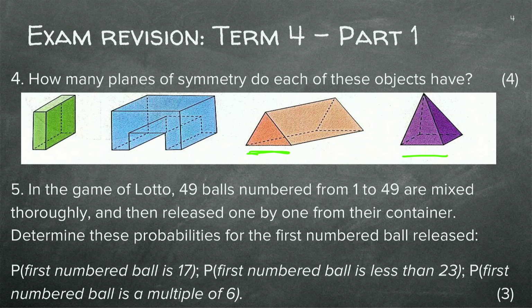Remember the planes of symmetry, right? So how many planes of symmetry do we have here? Remember, we can cut it along the length, the width, the height, and the breadth, right? So we can cut it lengthwise, we can cut it like this, and we say it's 1, 2, and we can cut it there. So it's 1, 2, 3. So it's got 3 planes of symmetry.